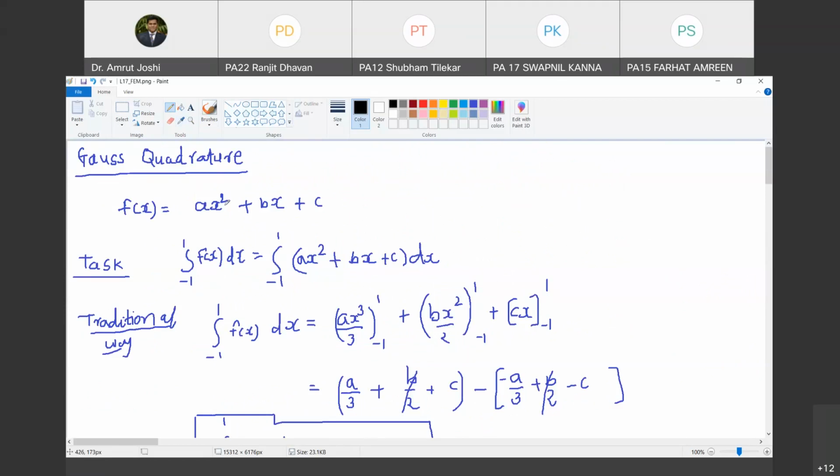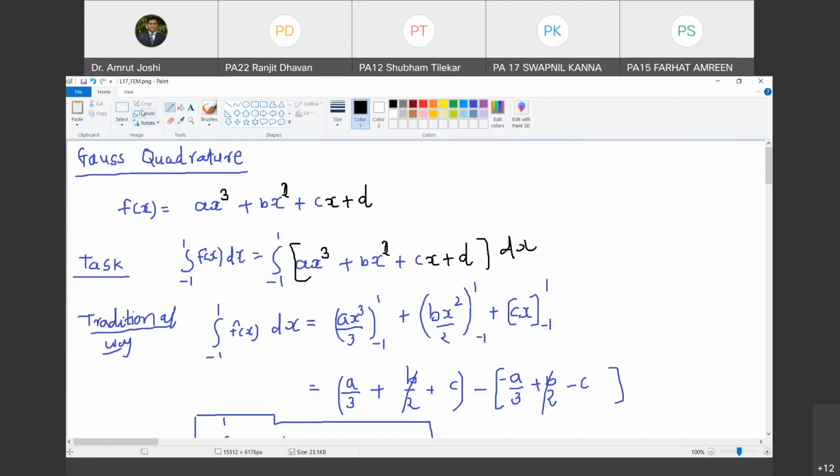We should have started with the cubic polynomial. Why cubic? That I will let you know in a while. But let us correct that. Are you with me? So let me correct this. Just pardon me for the confusion. It should be ax cube plus bx square plus cx plus d. This is the polynomial with which we will start. So integration f of x dx will be the integration of this polynomial. Are you with me? And let us quickly calculate that. Pardon me for the confusion.